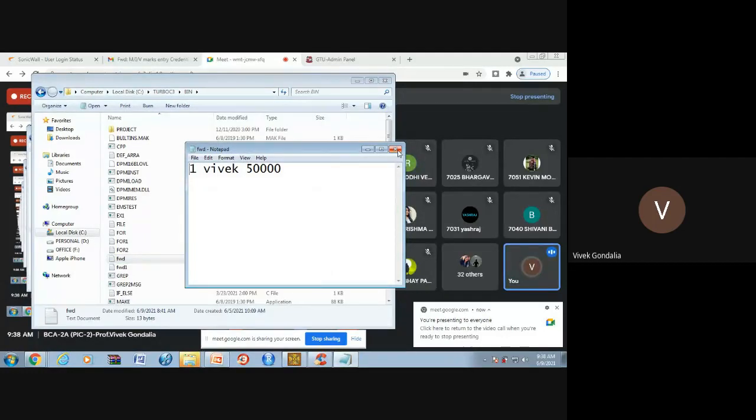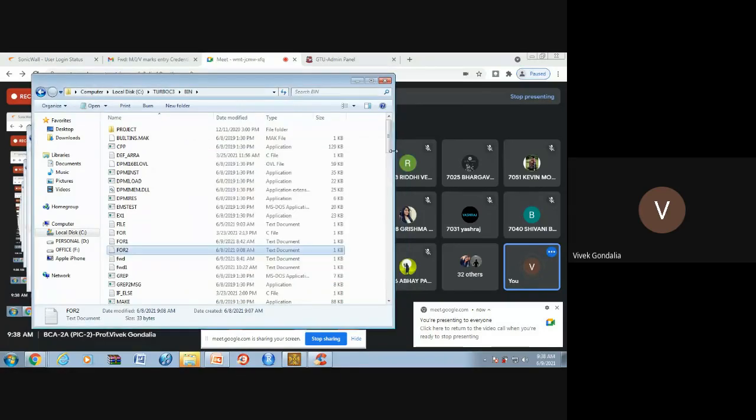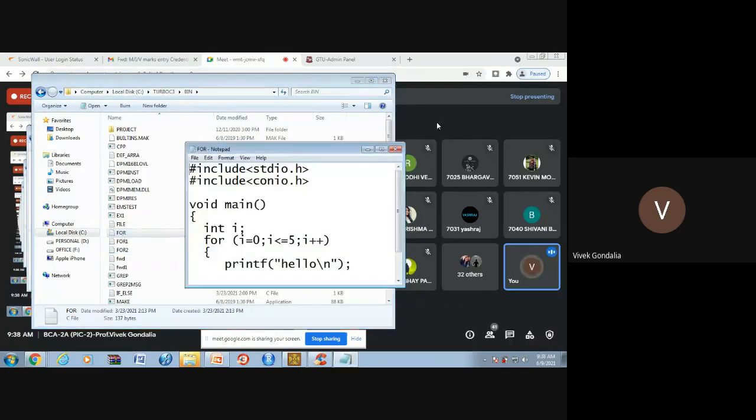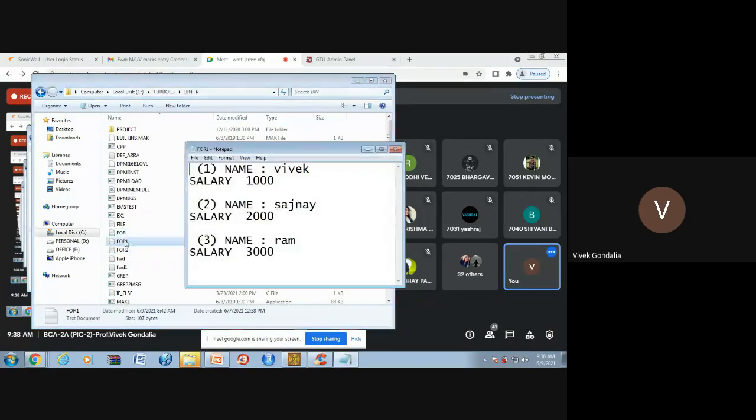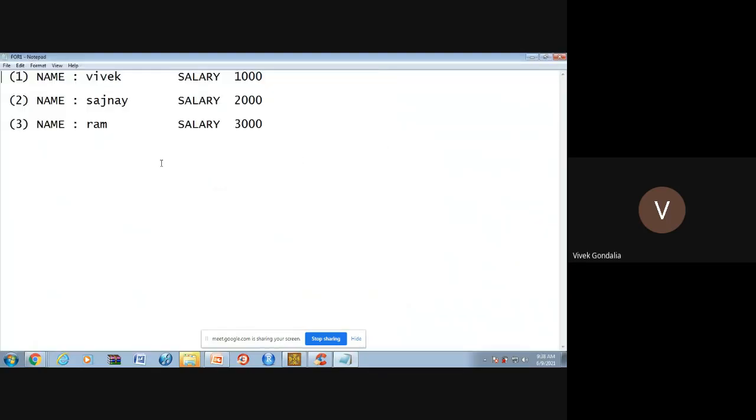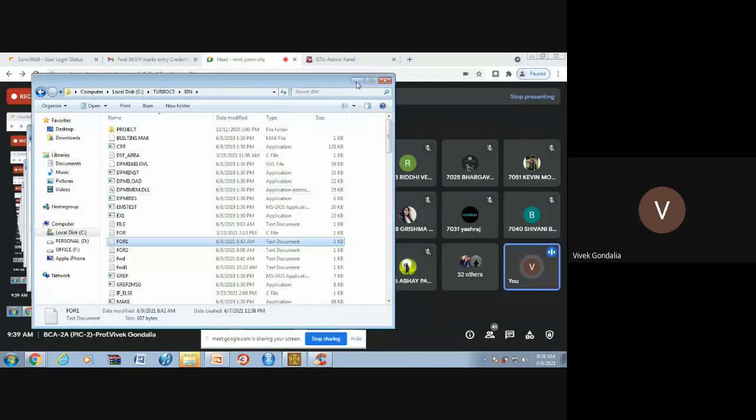One vacant 50,000, and the 42 file is also there, and the 41 file is also there. See, this is the data that I want to read. So my file name is 41.txt, with name and all these things. So let me take that 41.txt.